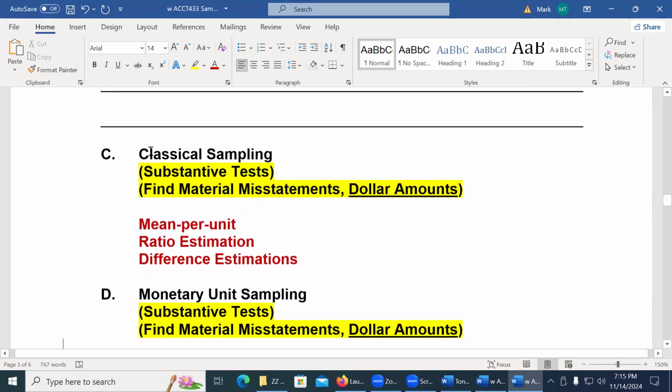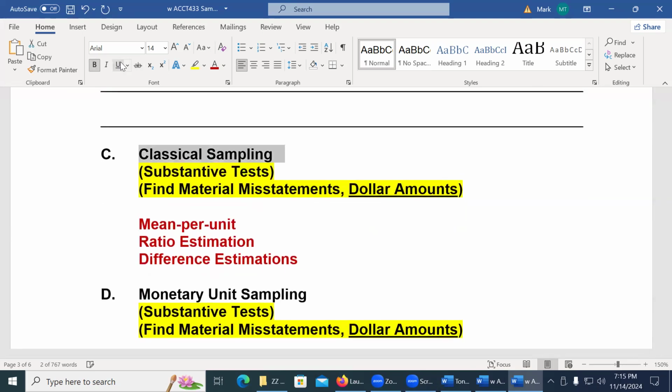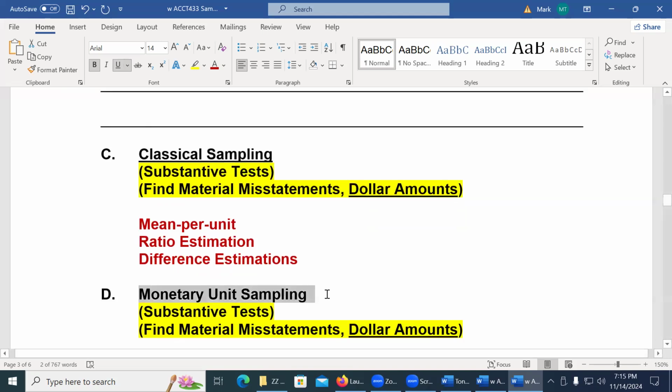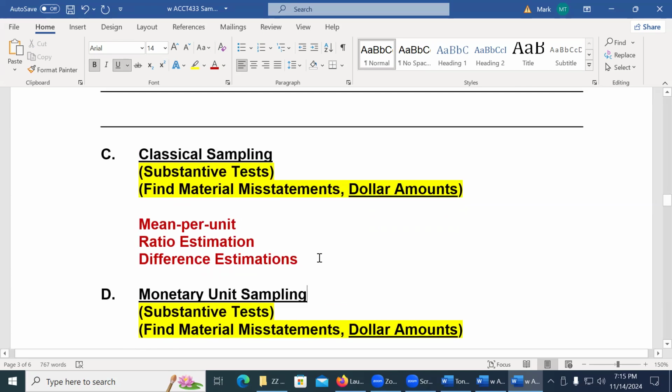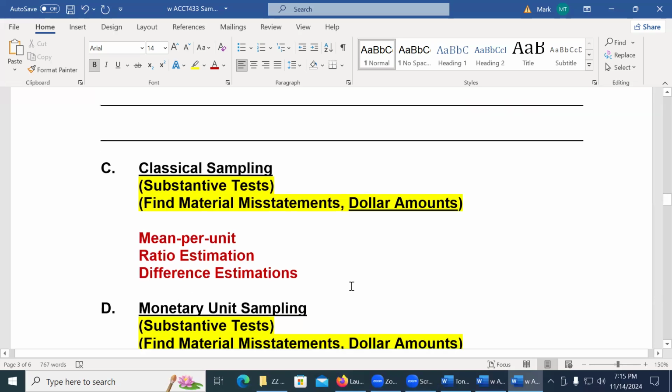So classical sampling is what we did, and they actually test this a little bit in there. Monetary unit sampling is another type of sampling that we are not going to cover in here. It's tested much less frequently on the CPA exam. I think sometimes it's not tested at all. But anyway, monetary unit sampling is good for a few different things, but it isn't tested nearly as much as it used to be. So classical sampling, anyway, both of these are to find dollar amounts. What are the misstatements, the dollar amounts of the misstatements? Okay, now,